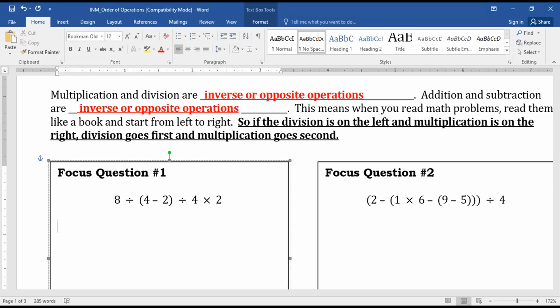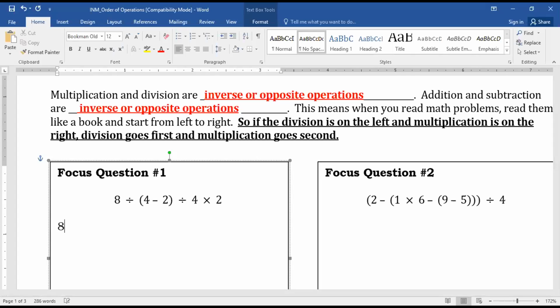Parentheses first. The thing about algebra and with this order of operations is it's not like reading a sentence. When we're just reading this sentence up here, we're going to start on the left and we're going to go to the right and we're going to get whatever we get. This problem has to have the parentheses solved first, because what you end up with